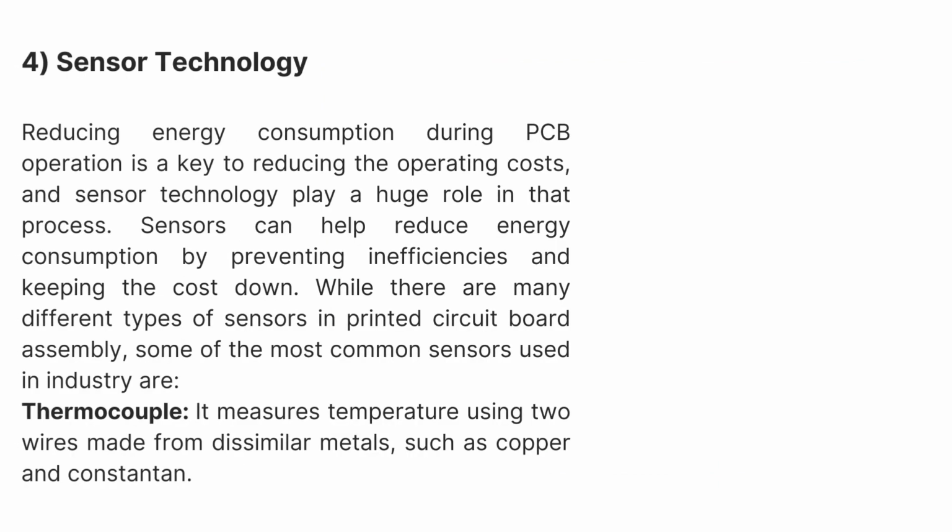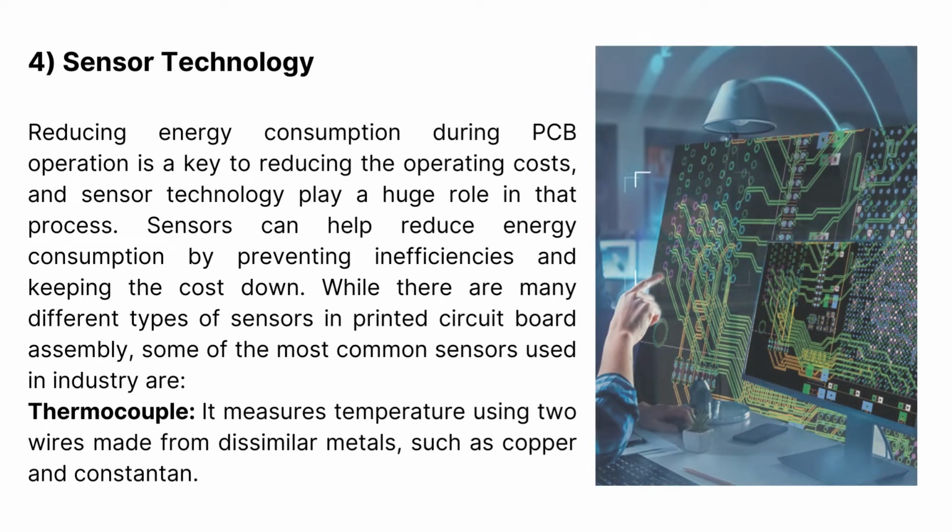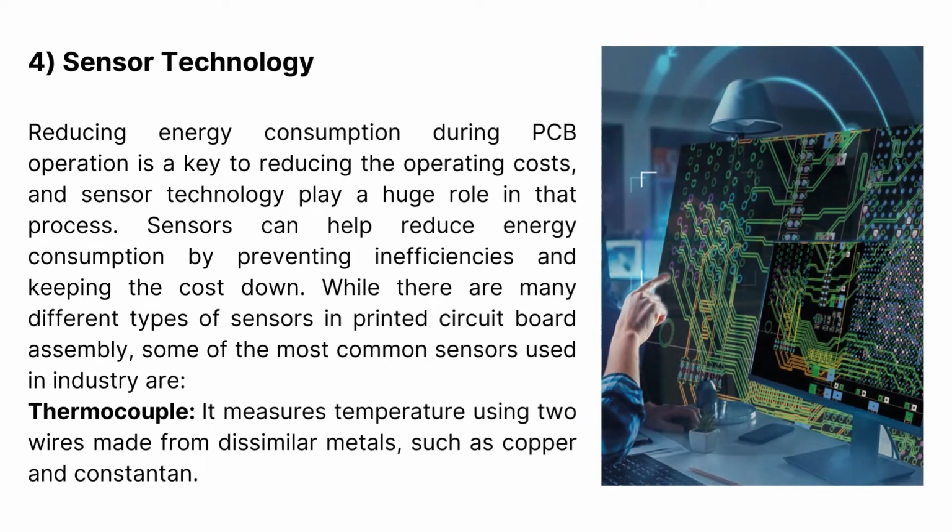4. Sensor technology. Reducing energy consumption during PCB operation is key to reducing the operating costs, and sensor technology plays a huge role in that process. Sensors can help reduce energy consumption by preventing inefficiencies and keeping the cost down. While there are many different types of sensors in printed circuit board assembly, some of the most common sensors used in industry are: